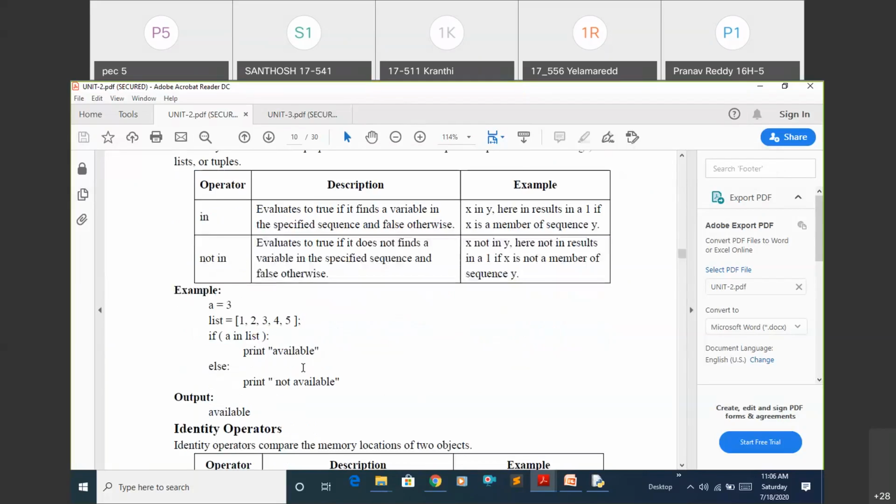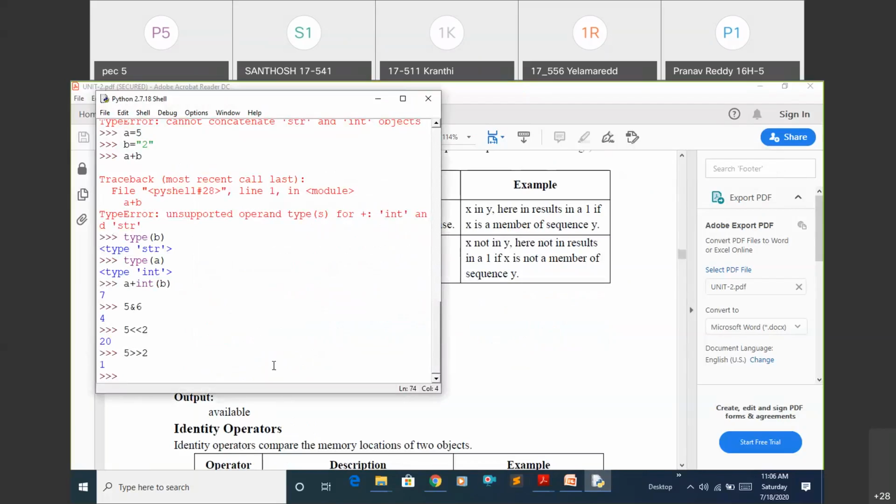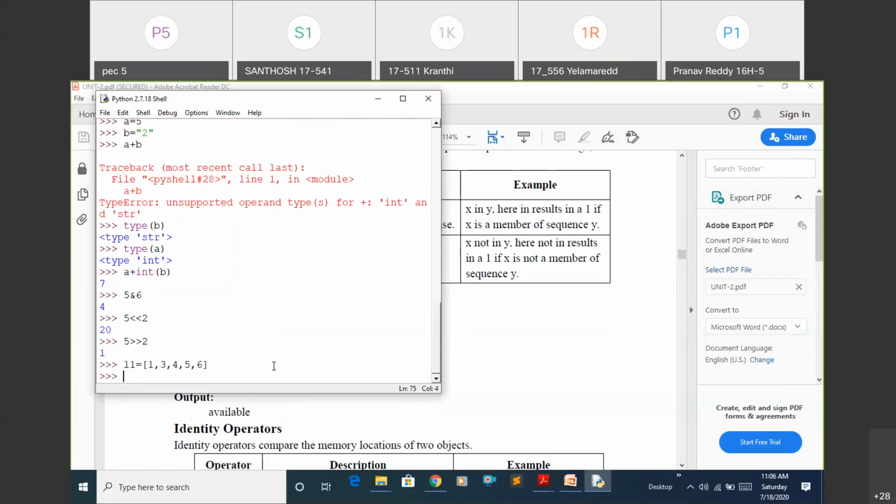Observe here, I will show this list concept. I have one list L1 with 1, 4, 3, 5, 6, like that. Within this list, I'm going to check whether 4 is in L1. Just checking the condition 4 in L1.